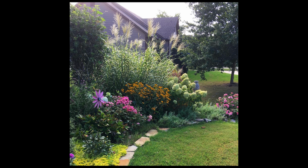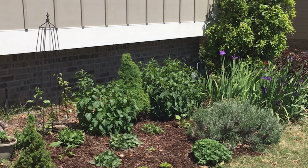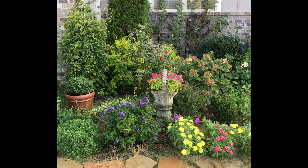I love the grasses, the vertical elements, again, all the pollinator plants. There's evergreen shrubs in here too, so when a lot of this goes to sleep, it'll still look good in the winter time. A few conifers. Space just really has been completely transformed from the builder's plants that were up against the foundation back in 2019 until now. Thank you so much, Claire, for following along with the channel and sending in these great before and